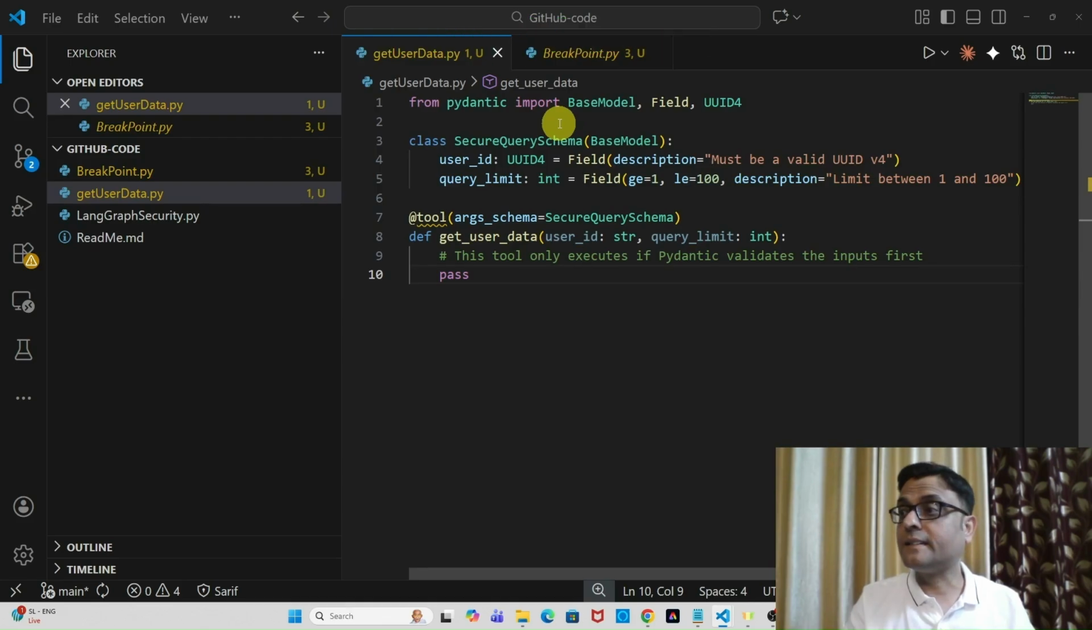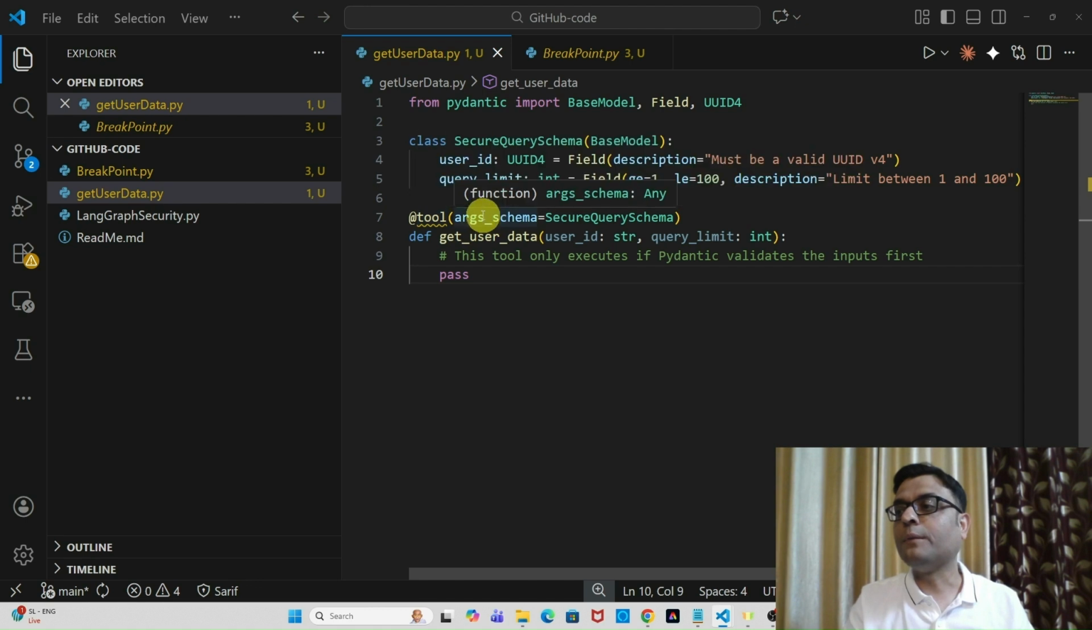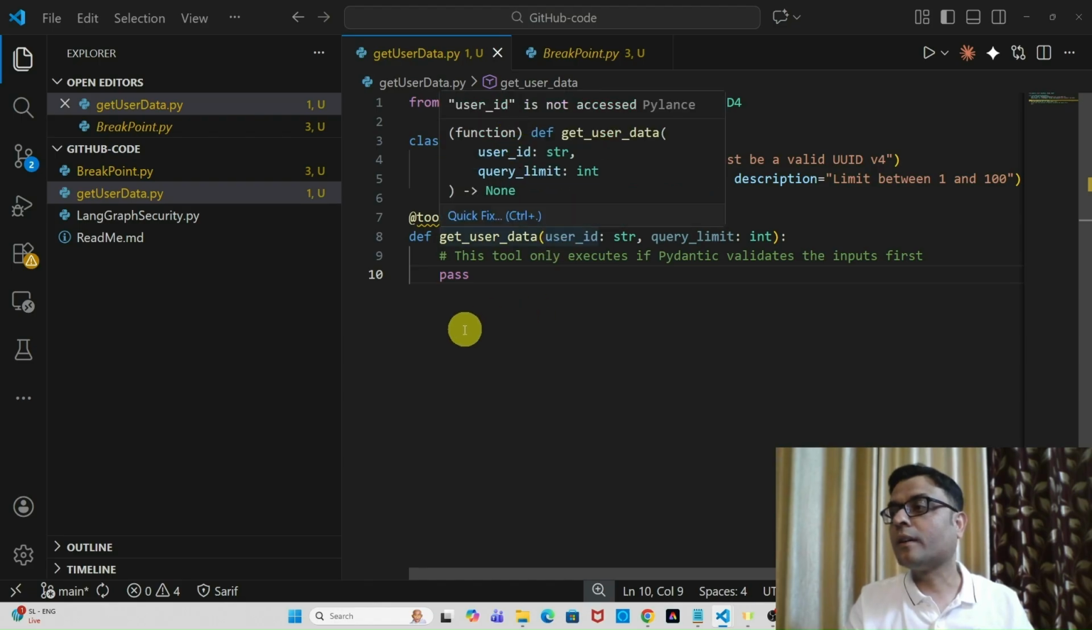In the highlighted example, I have given the user ID, UUID, a field description, which is a must valid UUID v4. The query limit is defined as greater than or equal to 1 and less than or equal to 100. And again, I have given a description over here. Now have a look at line number 7. When I'm defining that tool, I'm defining the args schema, where it is taking the input the same class, secure